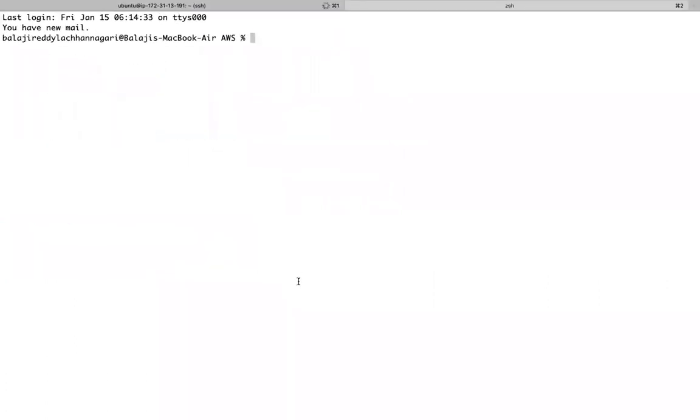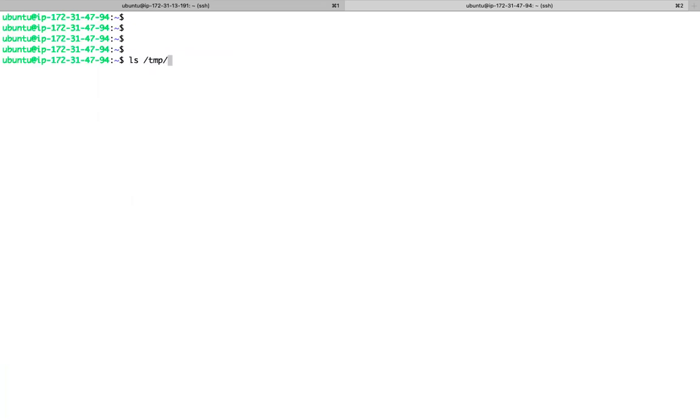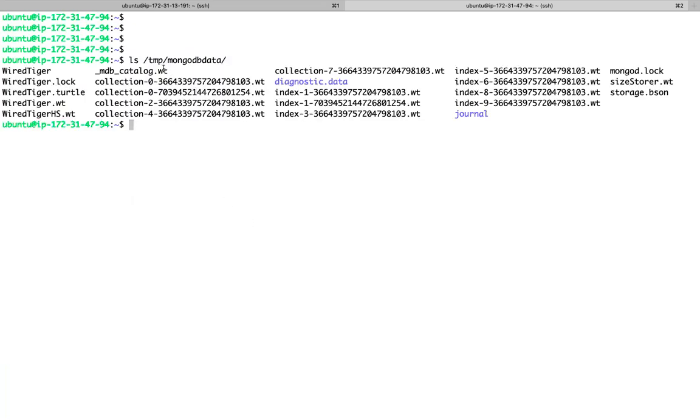Let me go to that machine. I'm using host path volume, right? So in this server, our database pod is running, right? So that database container is mounted with this host path, this directory. What is this data? It is actually your database using this directory to maintain the data. The database container is mounted with this storage host path.